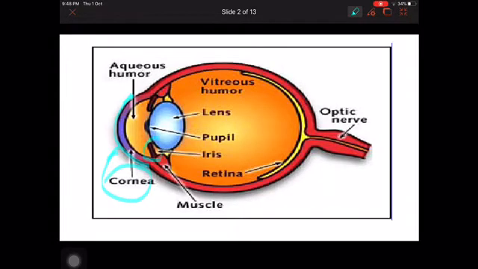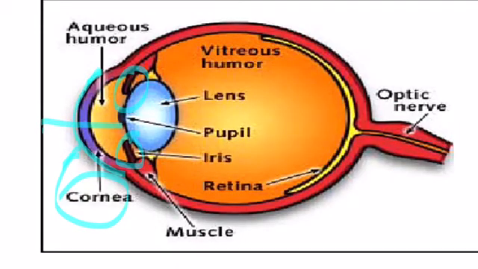The second part that we will discuss is the iris. Here you can see the iris. It is a thin circular colored structure. It works as the shutter of the eye. It controls the amount of light entering the eye. Pupil. It is the window-like opening located in the center of the iris. Light enters the eye through the pupil. When the amount of light is high, the iris contracts, and when the light is low, the iris dilates to allow more light into the eye.